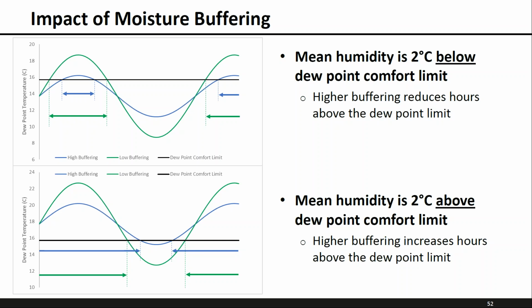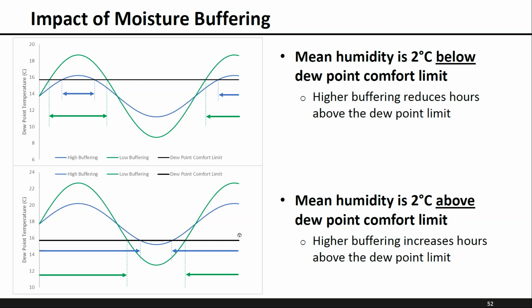Okay, so I brought up this one back to slide 52 to help answer that question. I think maybe the answer is still it depends, but our metric was hours above a certain threshold. And so if you use our metric by itself, then there are cases where additional moisture buffering actually makes the problem worse. Although it depends on how you look at this bottom graph here, to say, is it more uncomfortable to have this period here where you're much above the set point, even though you're compensated slightly by being much drier in this region.